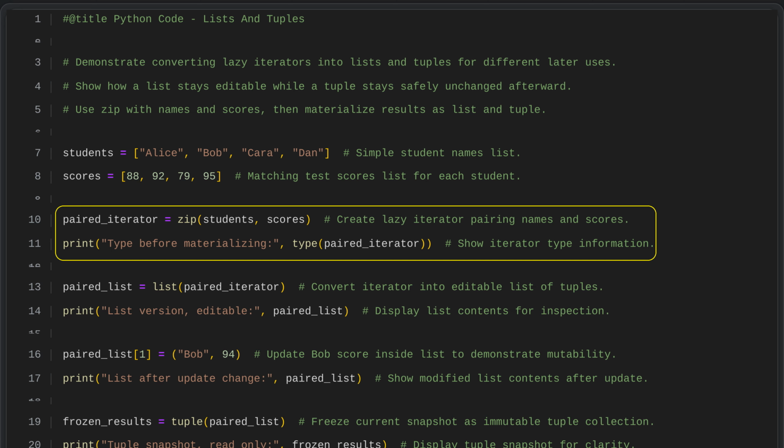We use the zip function to create a lazy iterator that pairs each student name with its corresponding score. But it does not actually produce the pairs until we convert it into a concrete structure like a list or a tuple. We then print the type of this object to confirm that it is a zip iterator. This helps us understand that zip returns an iterator first, which we can later transform into a more tangible collection